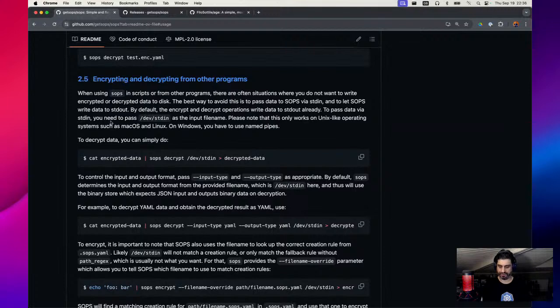To pass data via standard input, you need to pass /dev/stdin as the input file name. Please note that this only works on Unix-like operating systems such as macOS and Linux. On Windows, you have to use named pipes. To be honest, I'm not a Windows expert, so I don't know how those work with named pipes. But